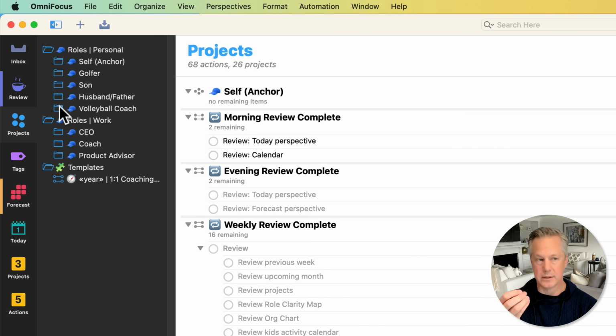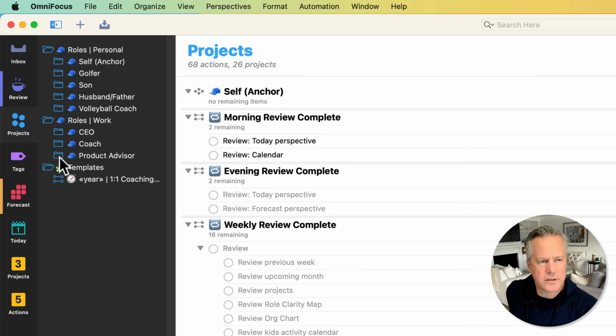So if you actually look in the Doing to Done book, there's a person who fits this category. And these are the personal roles this person was holding. And then on the professional side, they were an executive, they were a coach within the business context, and they were a product advisor as well. So those are the different professional roles that they held. So as you think about the roles that you defined previously, how might you create those?